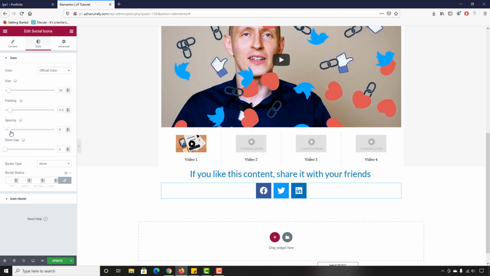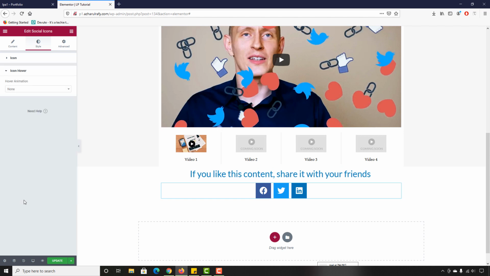And then the spacings, you can increase the spacings too, I'd love to keep it to 10, which is looking good here. And then row gap, there is no work here as of now, so we can simply keep it as it is. And then if you want, you can keep a border, but I don't want to place any border right here. And then let's click on icon hover,